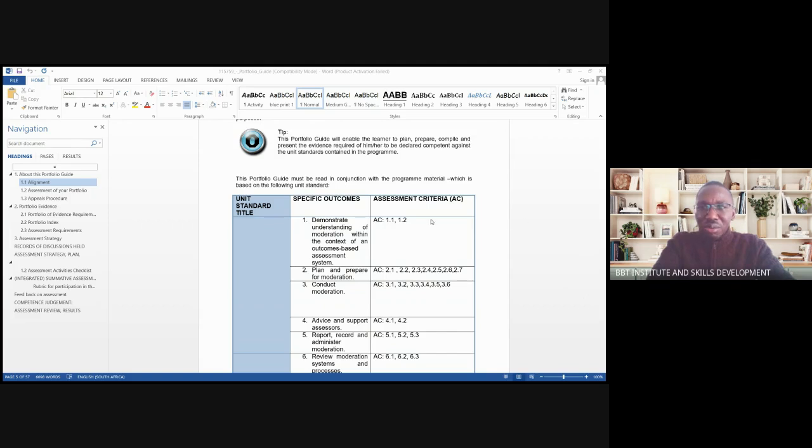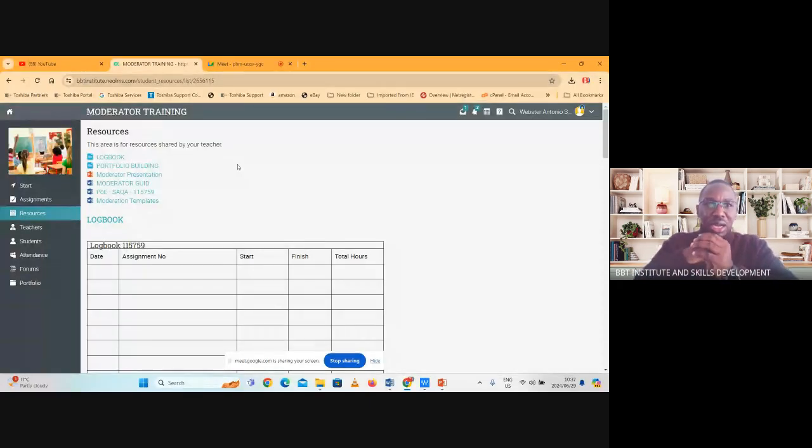In moderation practices, please make sure that you use only those 2 documents. Let me quickly share them with you. I need to stop sharing and then share the entire screen, because otherwise you won't be able to see how I navigate. This is what I'm sharing right now. These are the 2 documents that we need in moderation: the POE and the templates.